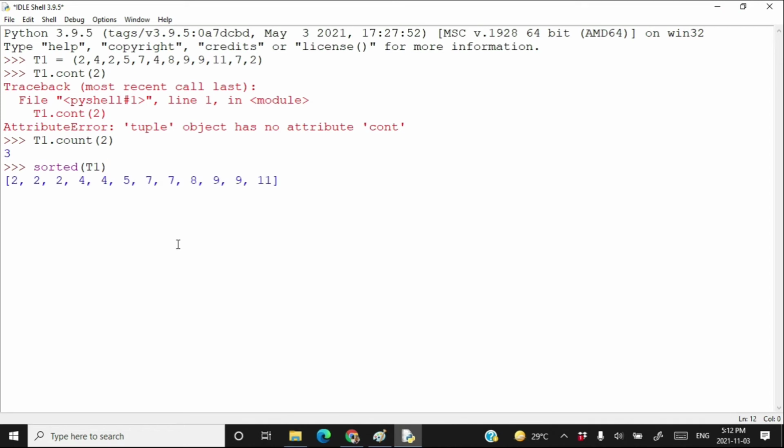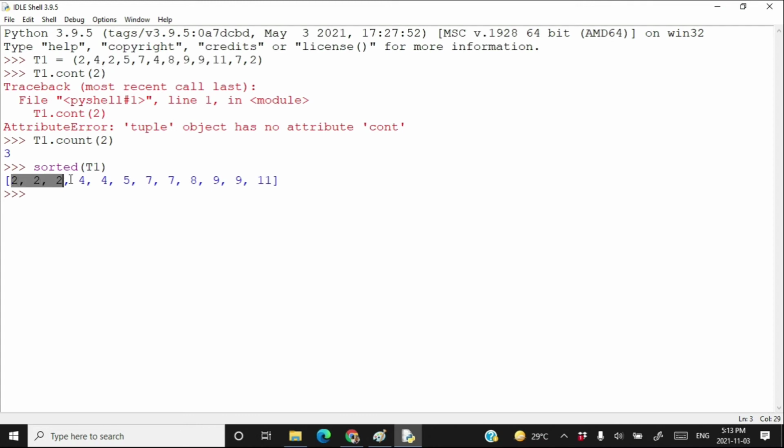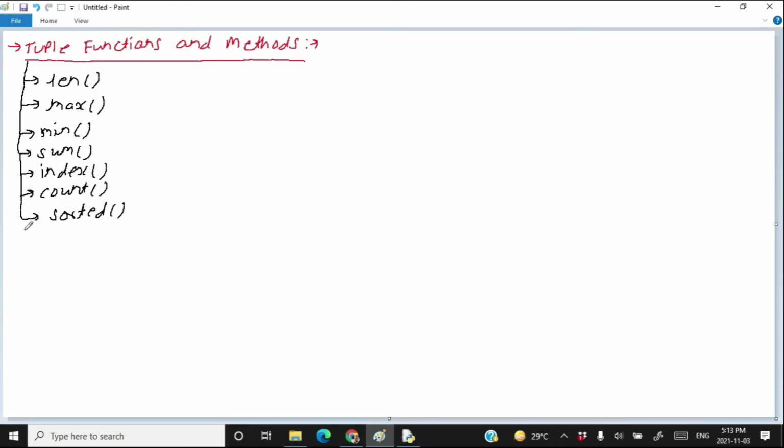Press enter and here you got a list created using various elements of the tuple T1, but here in the list, the various elements of tuple T1 are in sorted order.